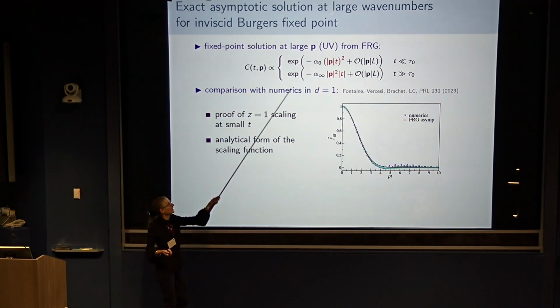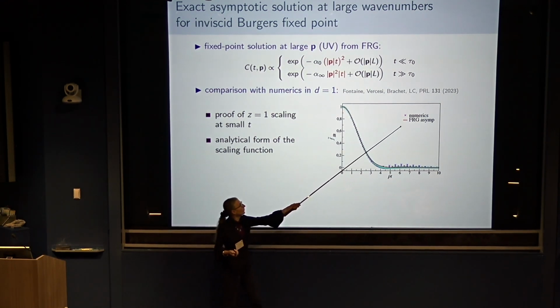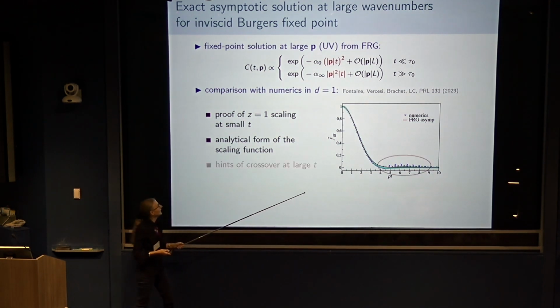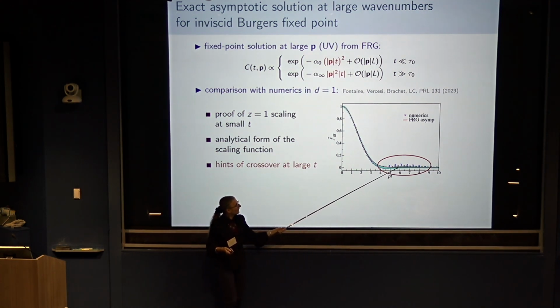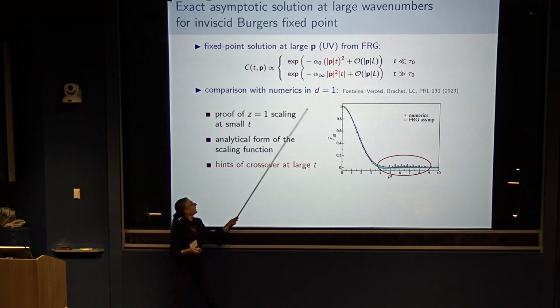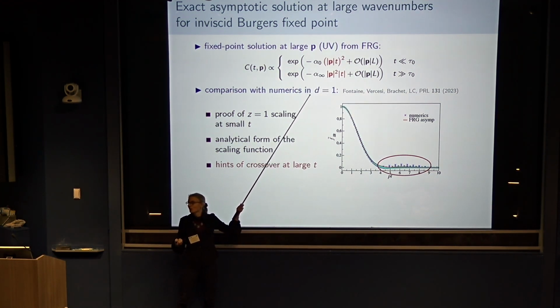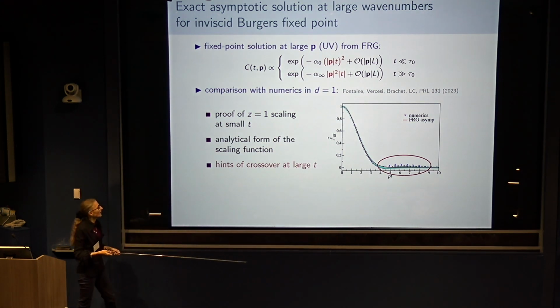Okay, it's maybe a bit deceptive. It's just a Gaussian, but it matches the result from the simulation. So here are the points from the numerics from the previous paper I've shown earlier. But interestingly, you see that there is again this crossover at large time, which is predicted here. And if you look at the numerical data, you see that they don't collapse anymore here at large time. And this is plotted as a function of PT. And in fact, it should not collapse if you believe this regime. So this seems to be an indication that you indeed have a crossover. But the numerics were not precise enough to really conclude on an exponential.